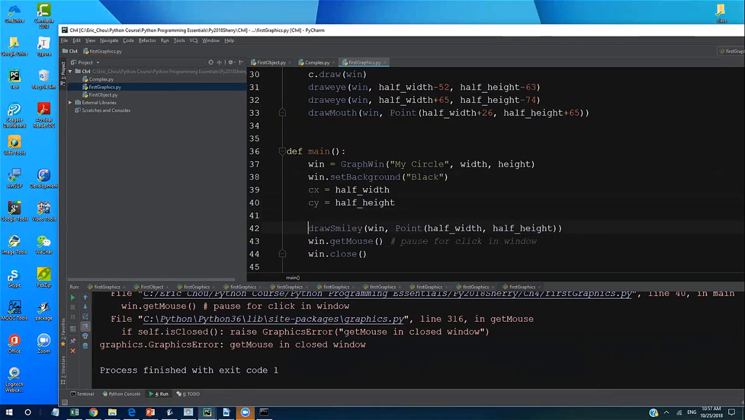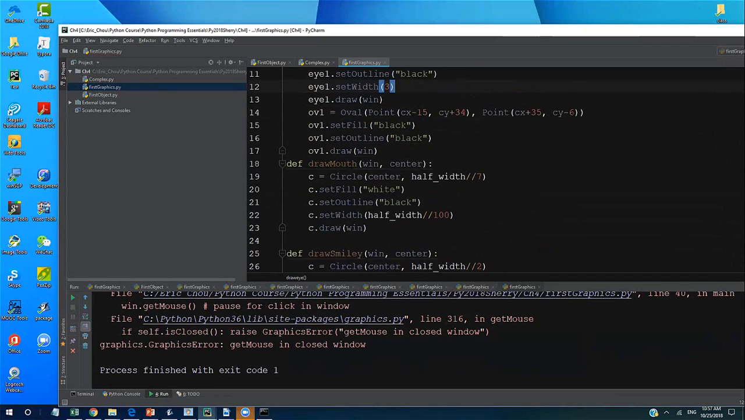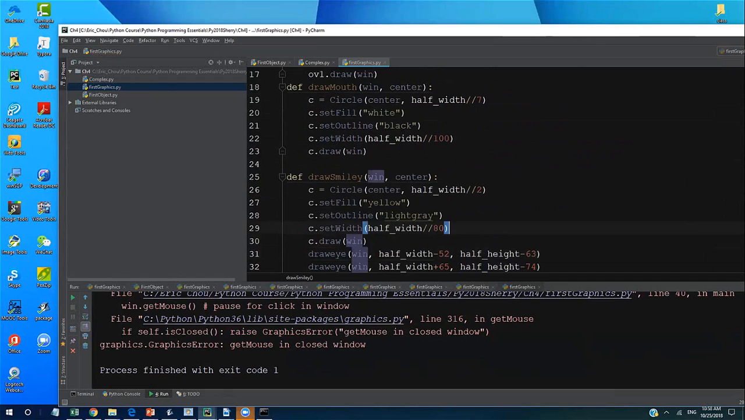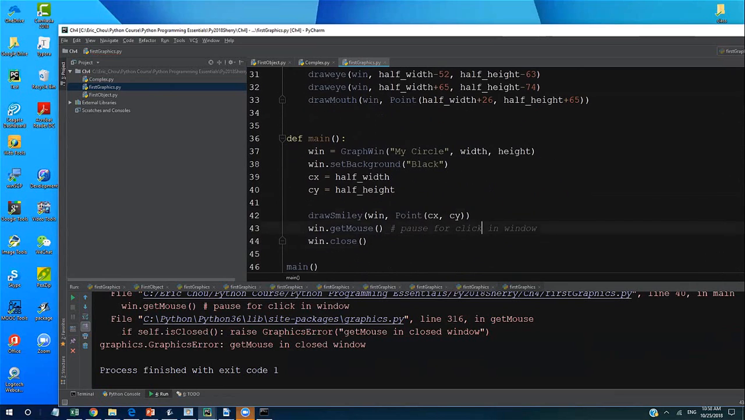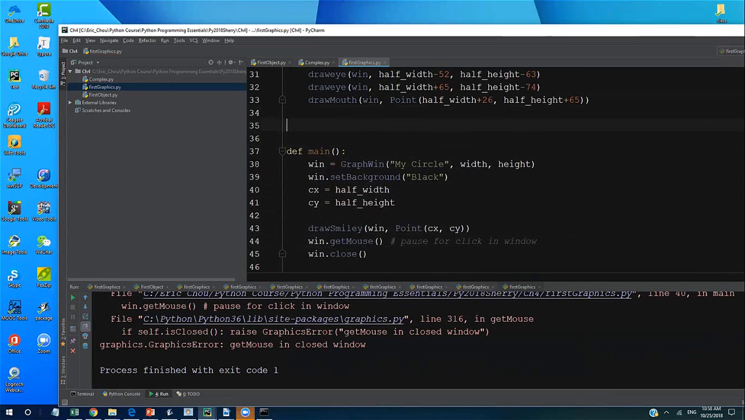Okay, I draw a smiley, right? So here I should be using cx and cy, right? Okay, and the size of it, actually the radius, is what? The radius for the smiley is half the width divided by 2, so it's a quarter of the width, right? So here actually I can design something called